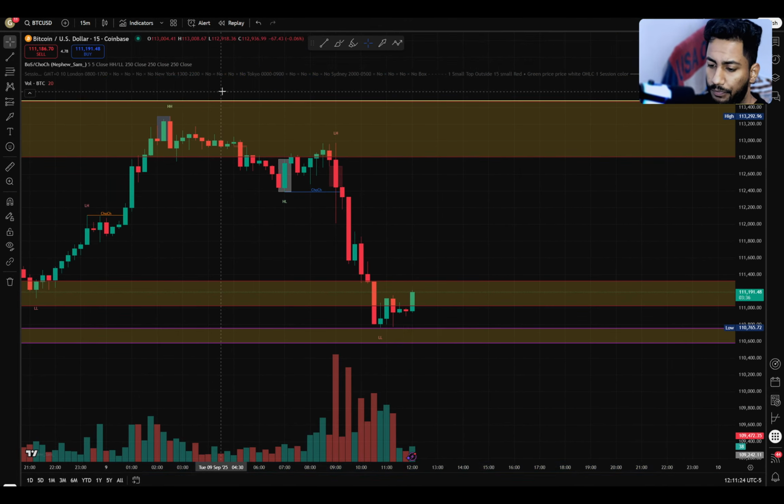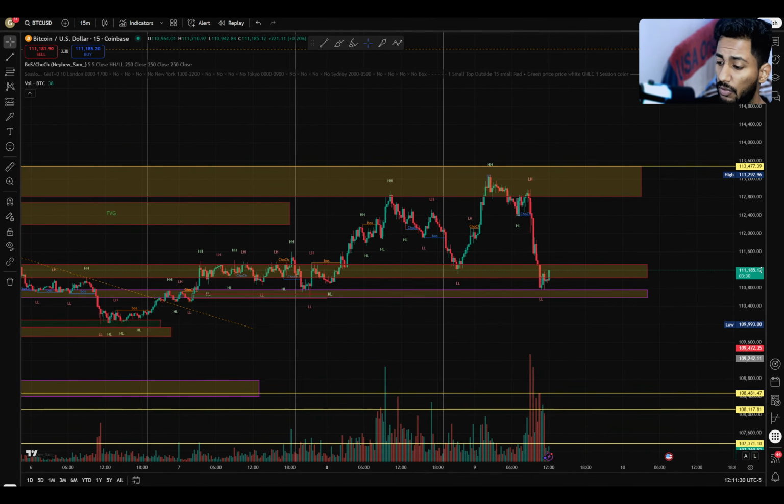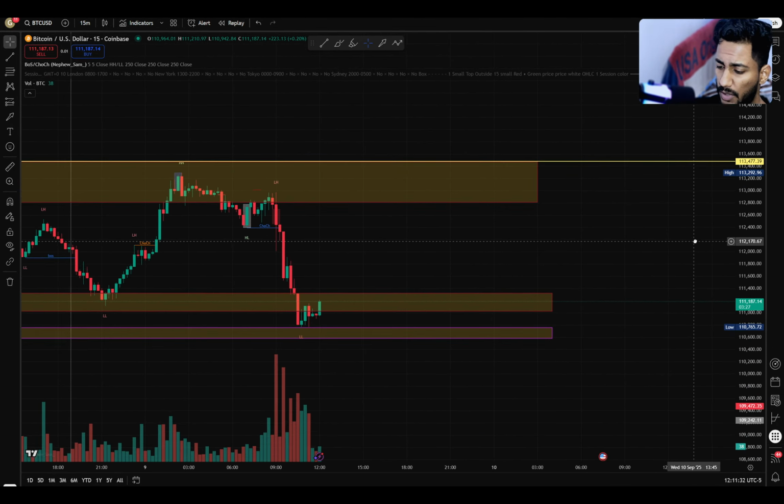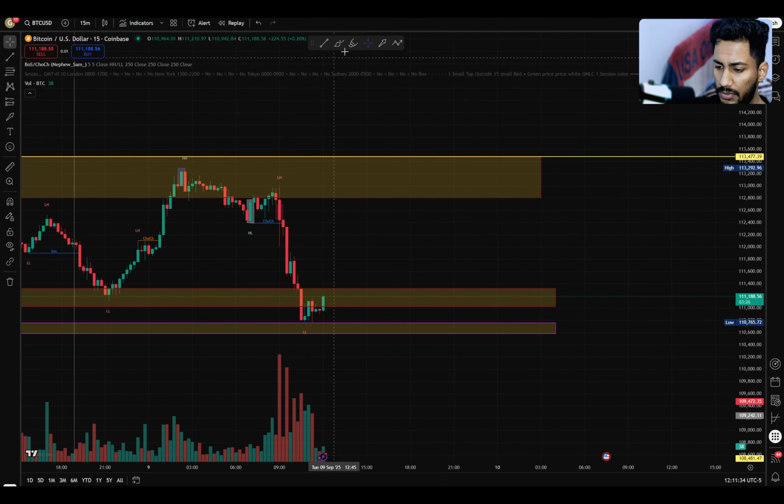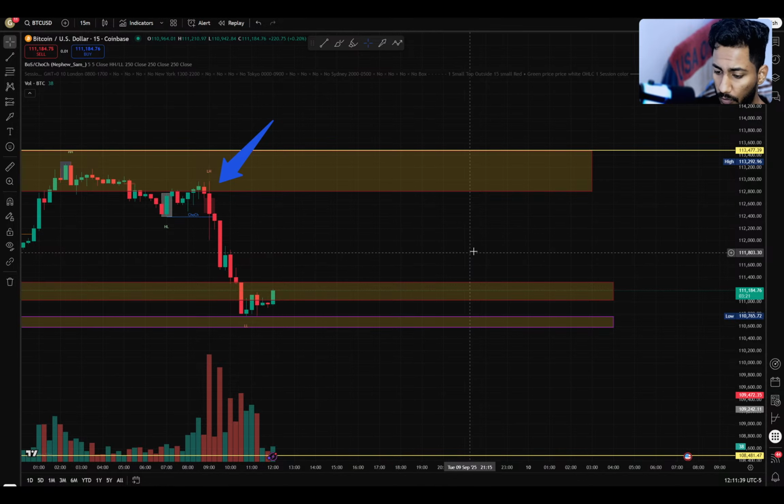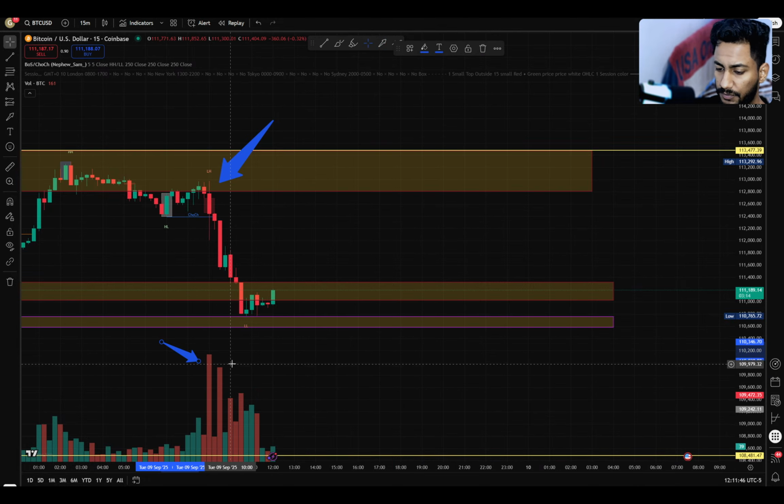Always watch out for the volume and the price, how volume reacts with the price, or price reacts with the volume, vice versa. Because if you can see, when the price is dropping, the volume is increasing from here. See how much the red bars have already increased compared to the previous green bars. So you guys can see the real difference between it.